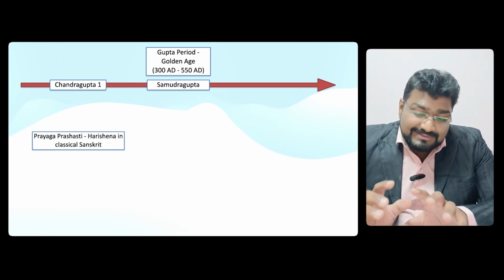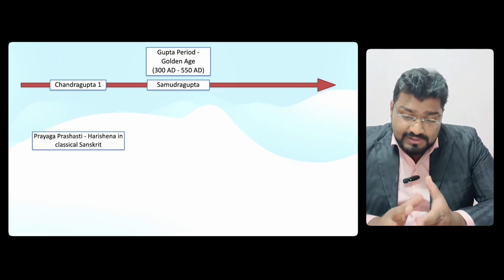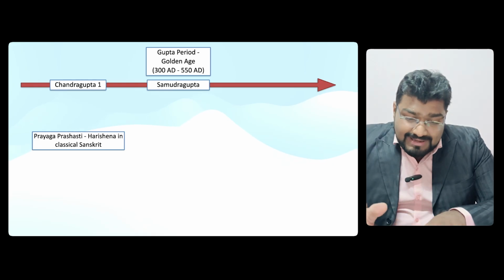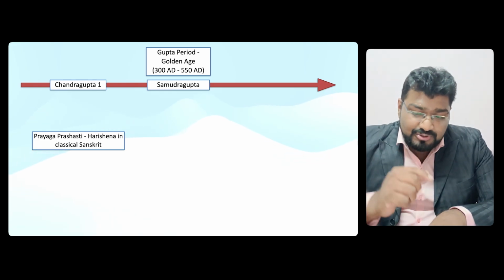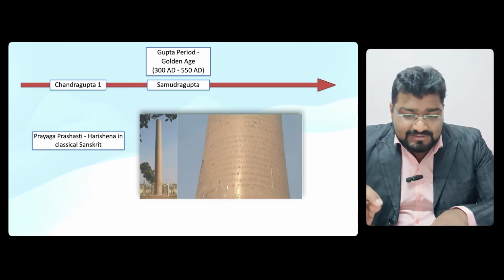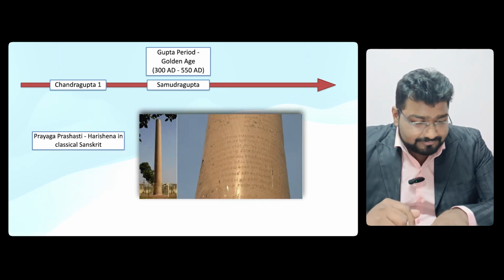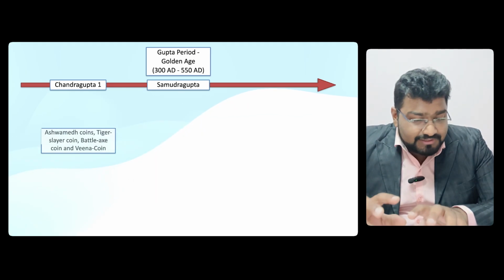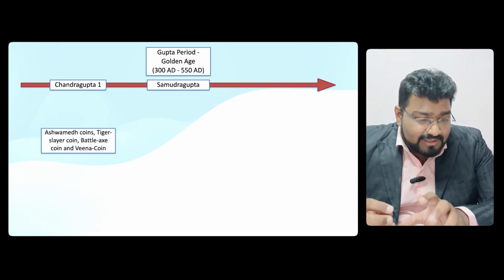Now this Prashasti was not on walls but on palm leaves and pillars. So you can get to see those things on the pillars as well. These are the writings. Then you will get to see that different kinds of coins emerged during the